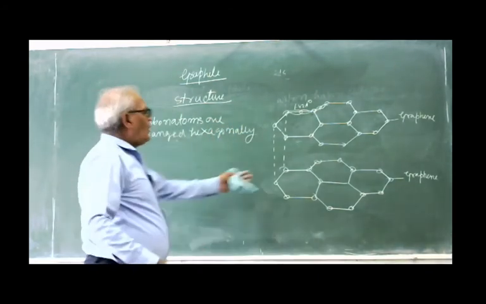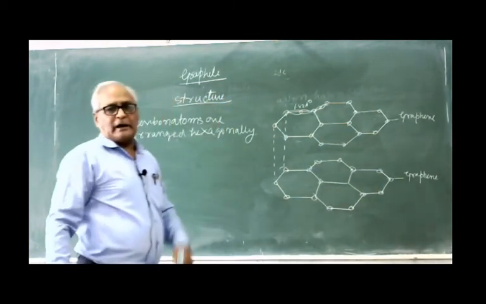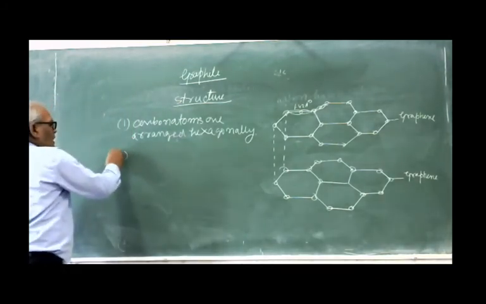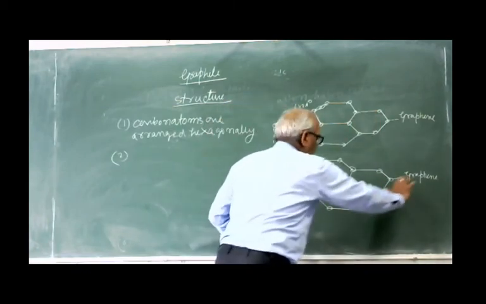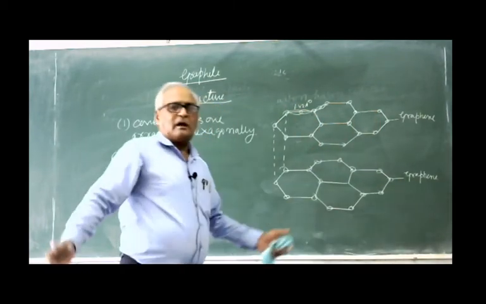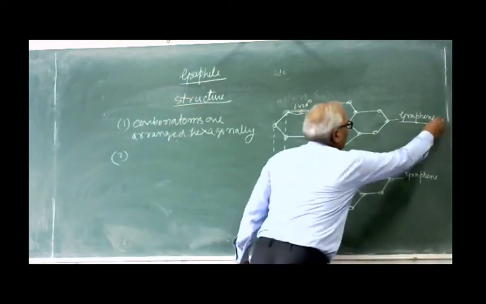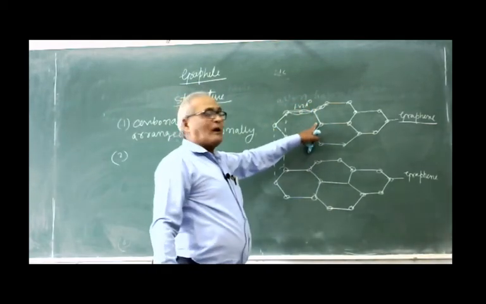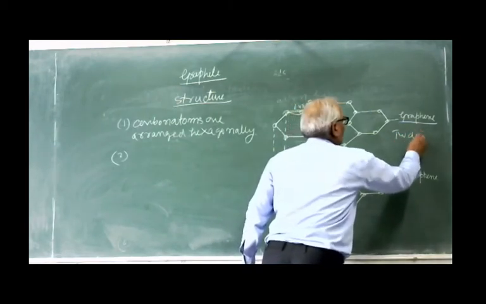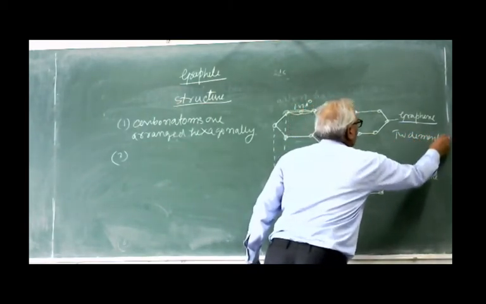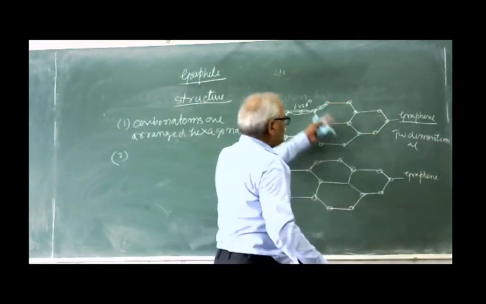You see hexagonal, all carbon atoms are hexagonally arranged. Number 2, this is one layer and this is another layer, third layer. So there are different number of the layers and each layer of the graphite is called as graphene. So this is one layer, two-dimensional. This is two-dimensional. So these are the graphene.